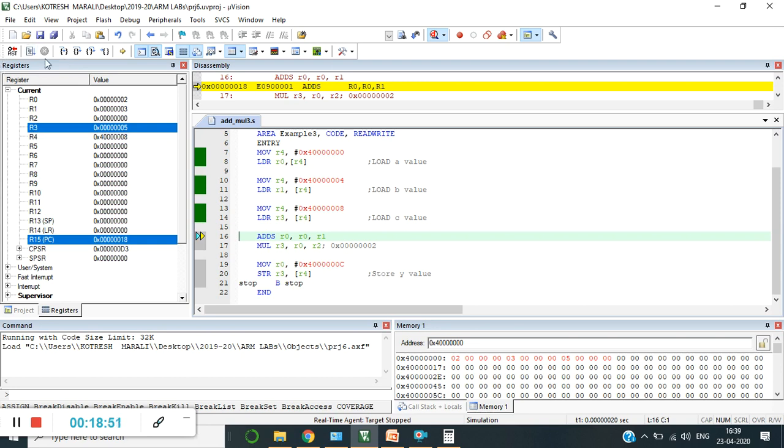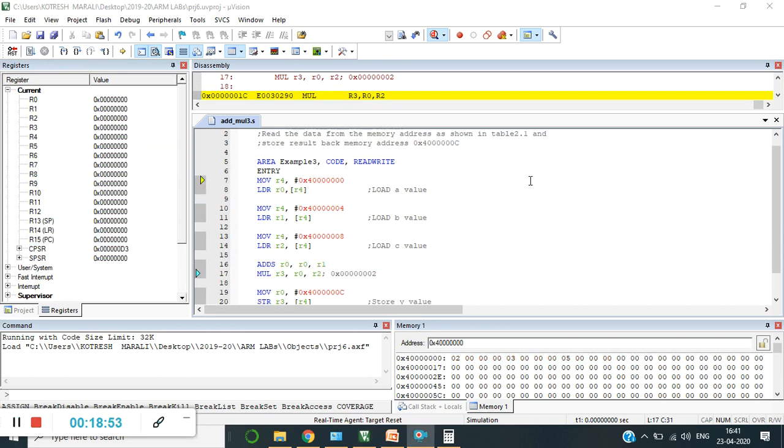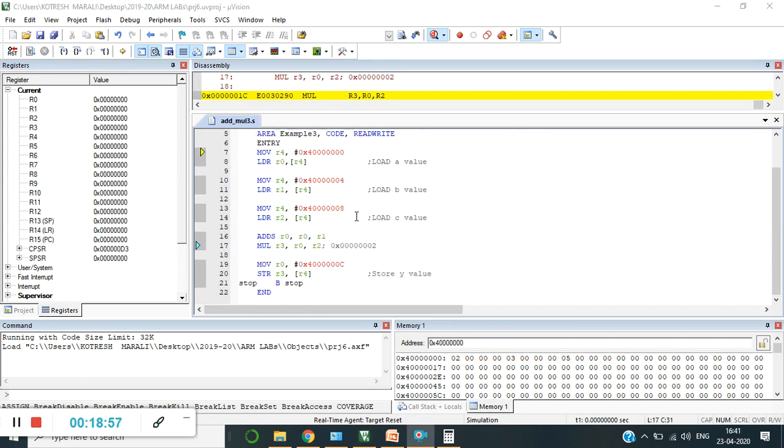Again, I made a mistake here. So this, okay, yes, I'm sorry, I corrected my code here. It was supposed to be logically that R0, R1, R2 are loaded with the values of A, B, C. Previously I had done it as R3, which would have made the calculation wrong. So I corrected that particular program, and once again I'm here to execute this code.